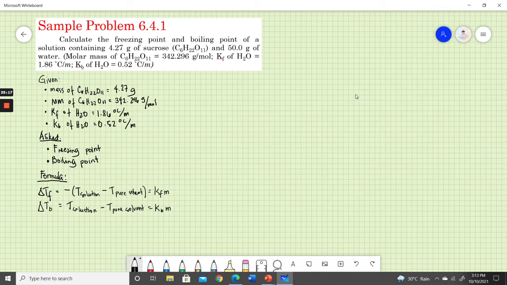Okay, so let's try and solve this problem. Since in order for us to solve for the freezing point, what we need is the molal concentration. In this case, they did not give us, so we need the molal concentration of C12H22O11. Kasi yun yung kailangan natin to get the delta Tf. So we have the Kf, ang kailangan na lang natin is m. And we can get that by